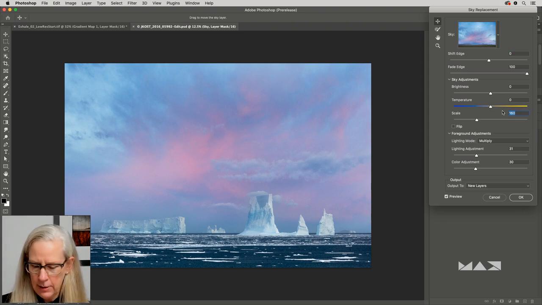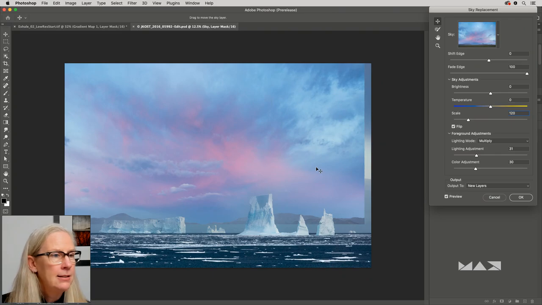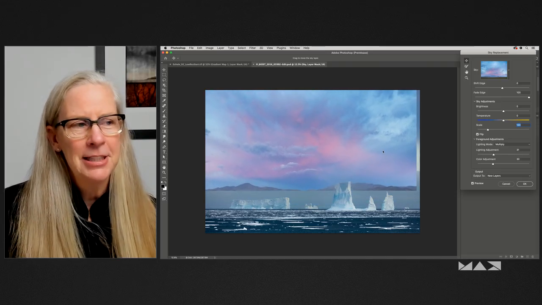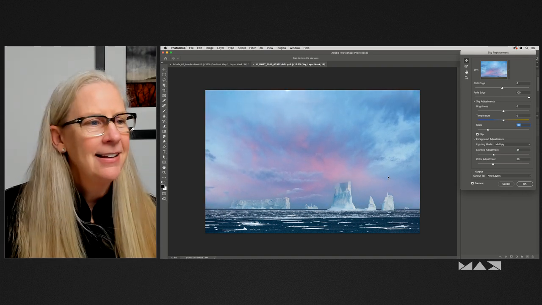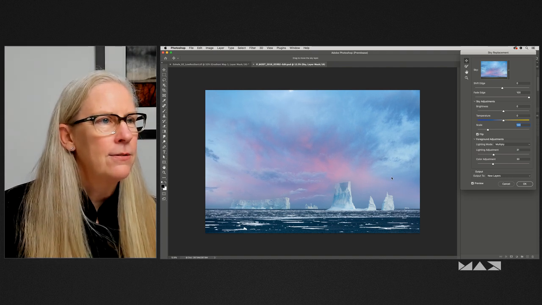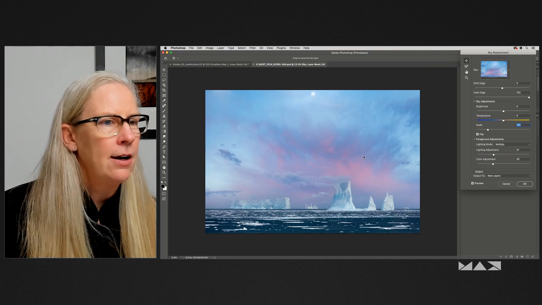So that's a little bit too big because I want the moon in there. So let's go to about 120%. And then I'm also going to flip it, right? Because you can see it knows where the horizon is. It's matching the horizon in the image with the horizon in the photo that I'm replacing the sky in. And I just want to scoot that over so the moon is right there in the center.